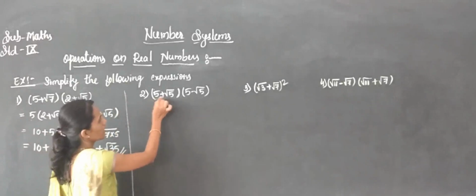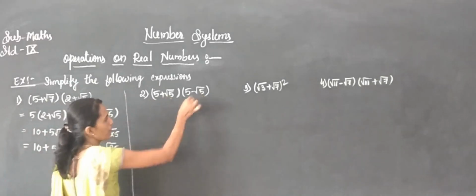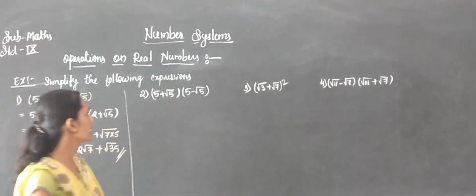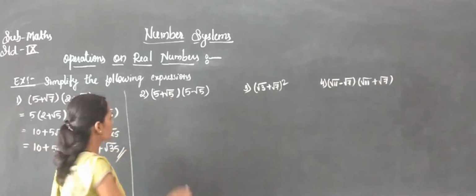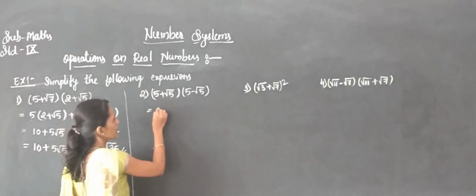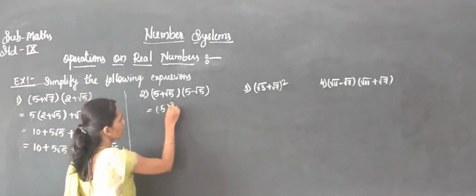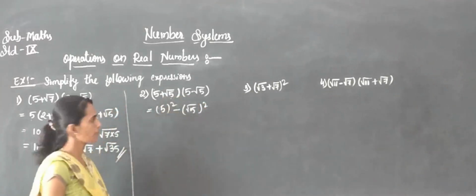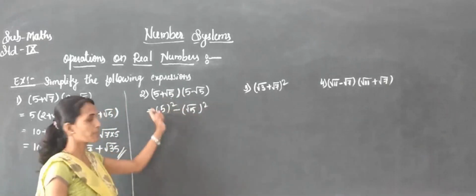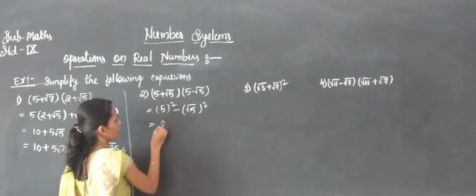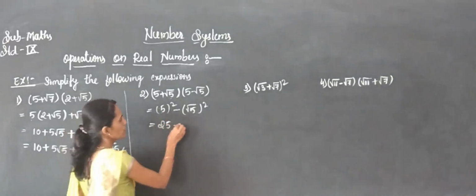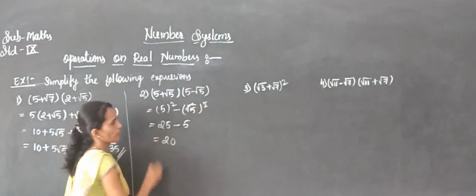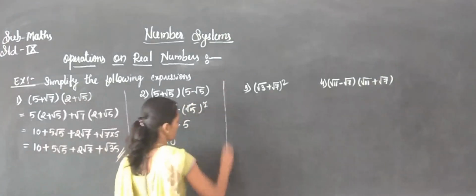Second one. So A plus root B, A minus root B. Here both are the same roots. Both are the same root, means here A plus B, A minus B. Yes or no? So that will give us A plus B, A minus B, which gives us A square minus B square. So 5 5s are 25, 5 square. So the root square gets canceled, that will give us 5. So 25 minus 5, that will give us 20. Yes or no?